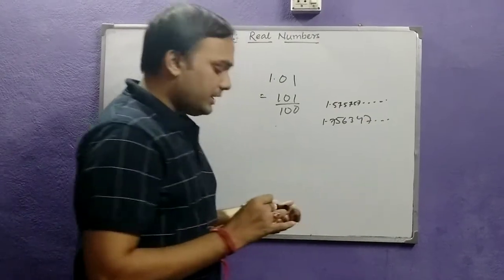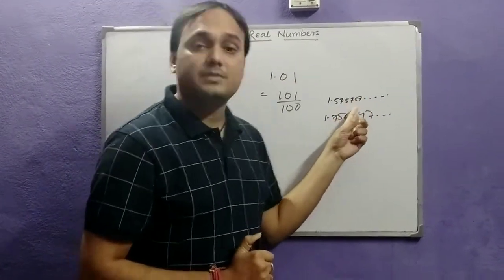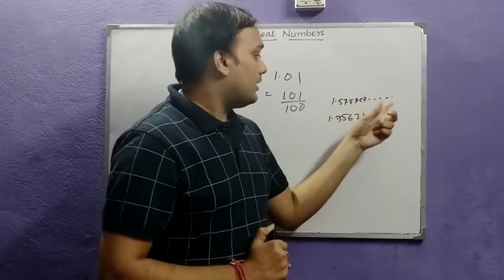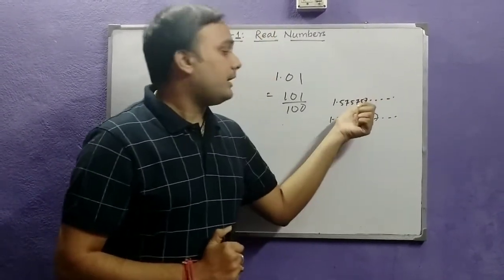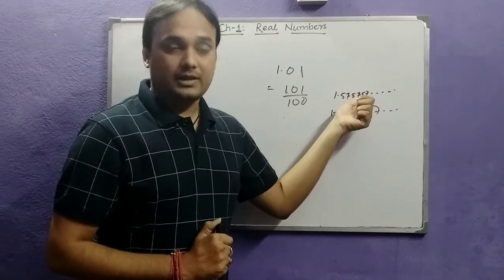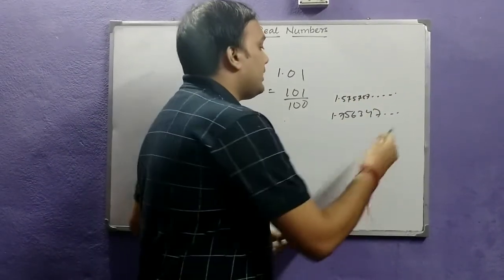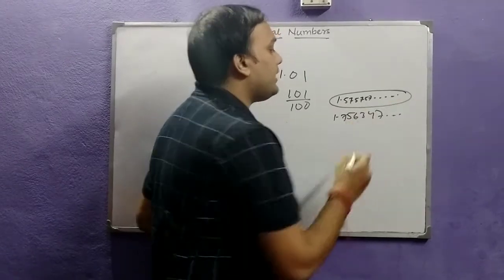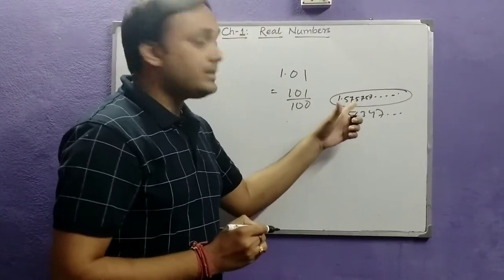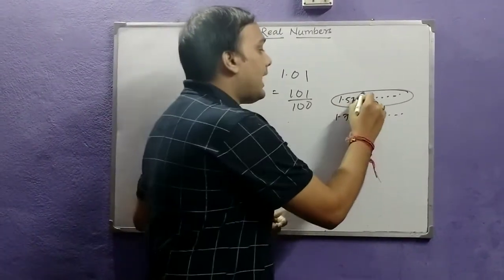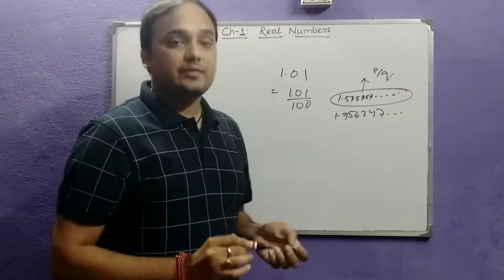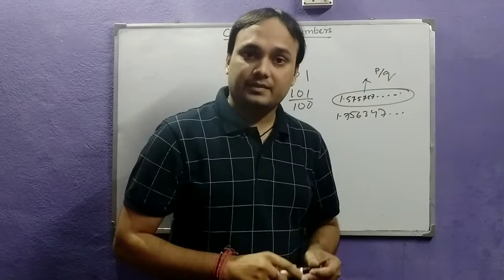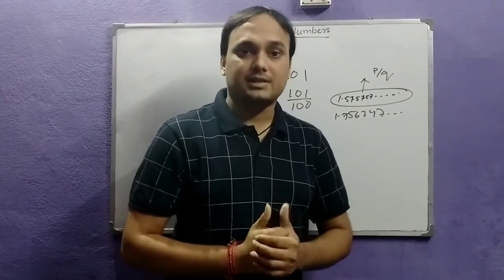1.756347 and so on. The interesting thing which you learned in your previous class was that in spite of this decimal number being recurring and non-terminating, still this is a rational number. Is it? Yes. This number is non-terminating and recurring, and this is a rational number. Why? Because I can express this number in the form of p by q. This was the very interesting thing which you learned in your previous class 9.